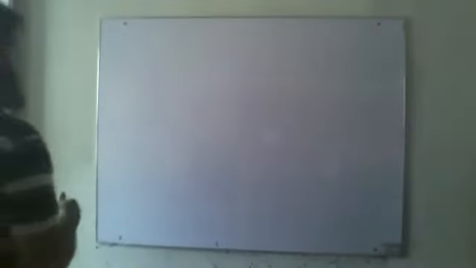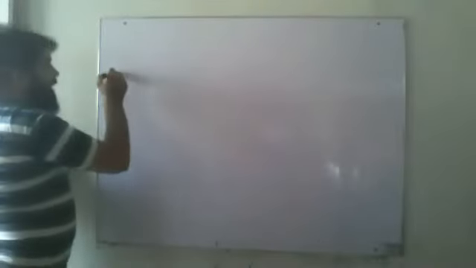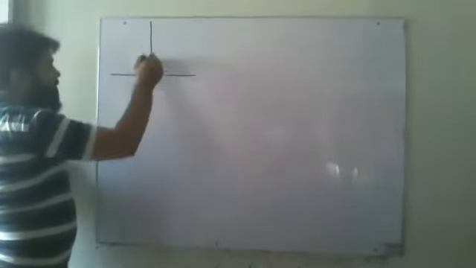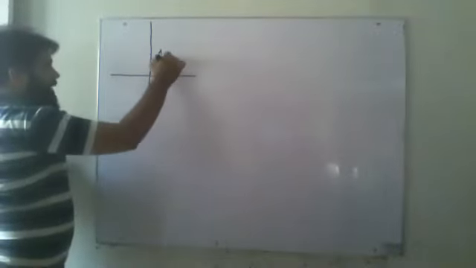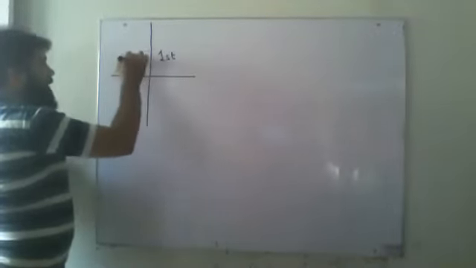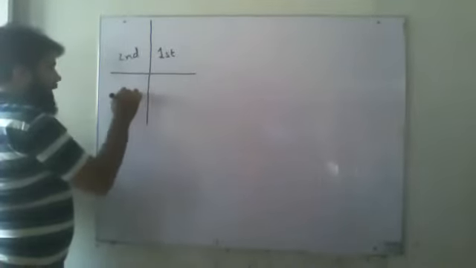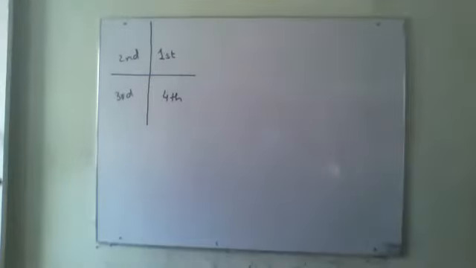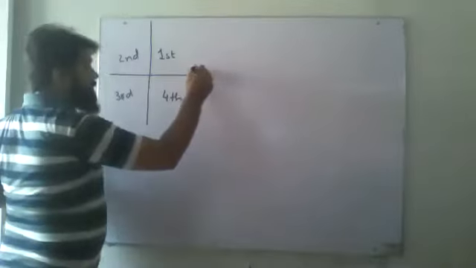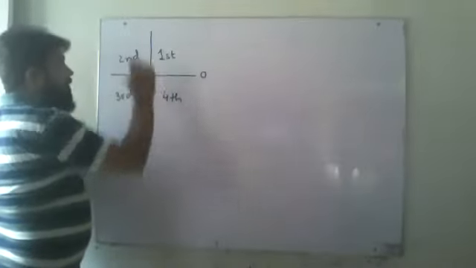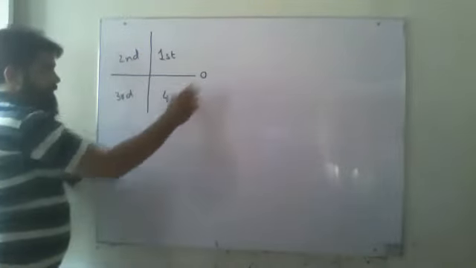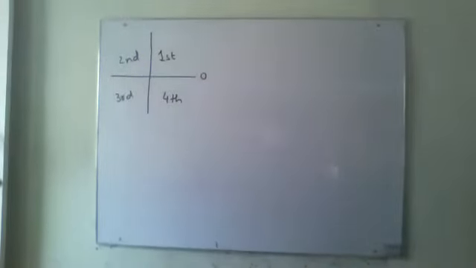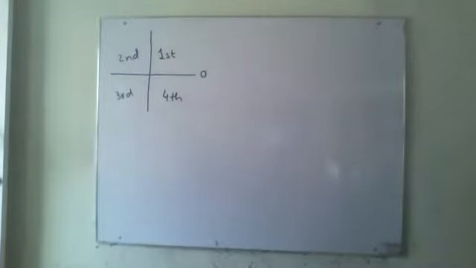We have done this while we were doing degrees. Once we have done that, there are always four quadrants: first quadrant, second quadrant, third quadrant, and fourth quadrant. Okay, and according to this, what are the ranges? It's 0, then 90 degrees, 180 degrees, 270 degrees, and 360 degrees. This was the thing which we got initially.